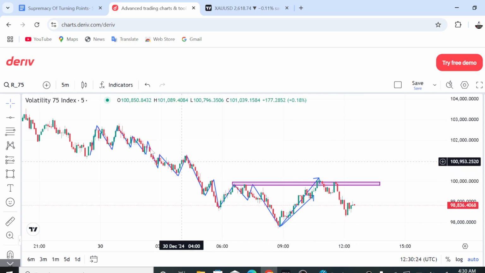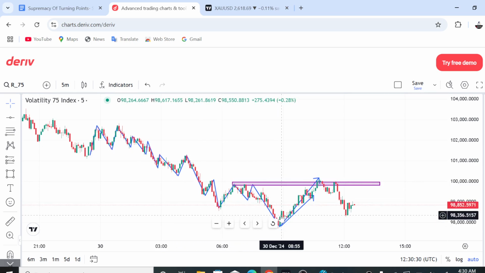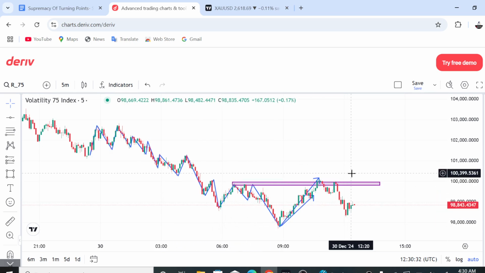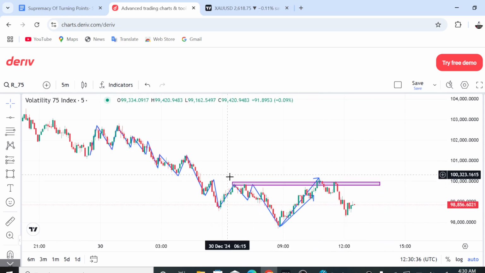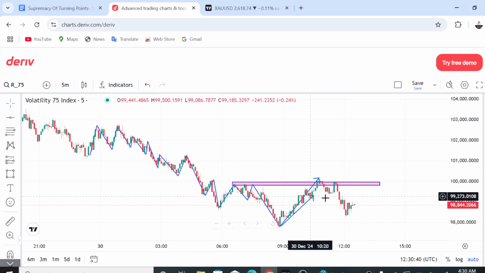The downtrend might be weakening, and so if price came and broke above these equal highs, this is a resistance. If price came and broke it,